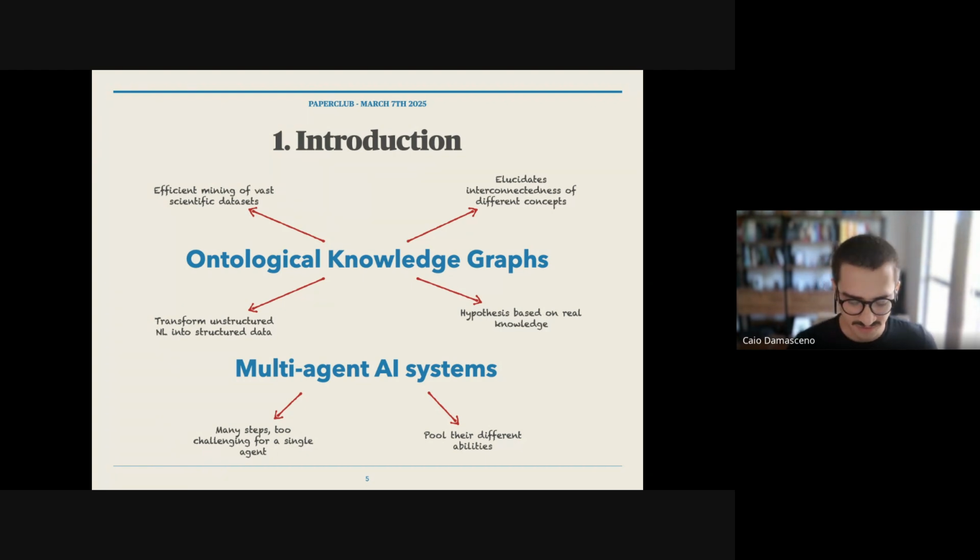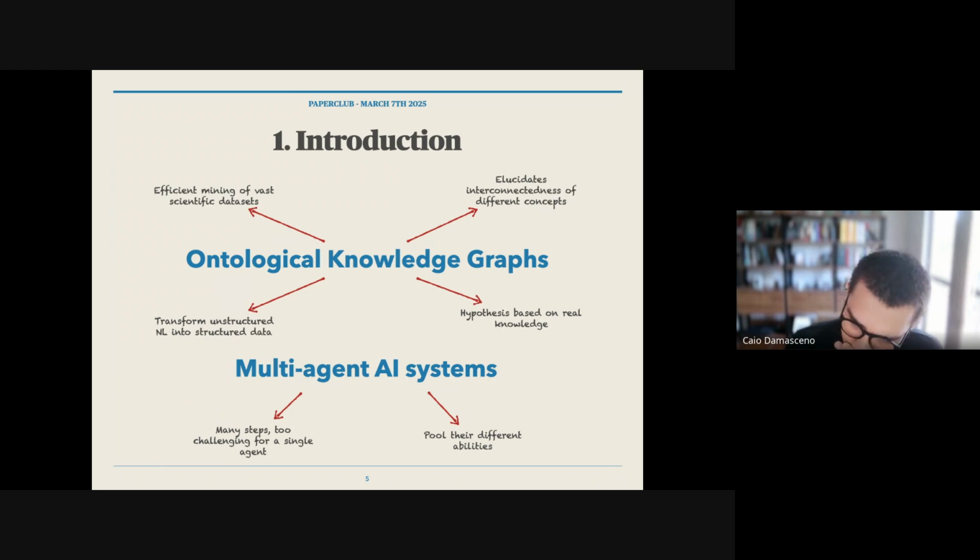You can connect nodes of knowledge through the graph approach. And it's also nice so that you can connect one topic to many others that are related to it, and also transform unstructured natural language from papers into structured data. That's a nice approach in this sense as well. And it brings hypotheses based on real knowledge, so that you can feed the agents with the data that is organized and structured on the graphs.